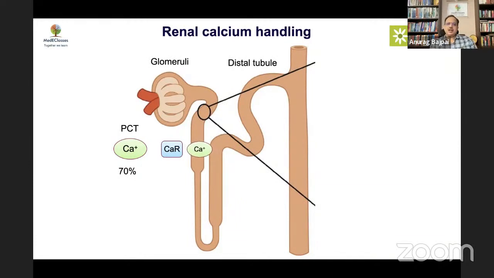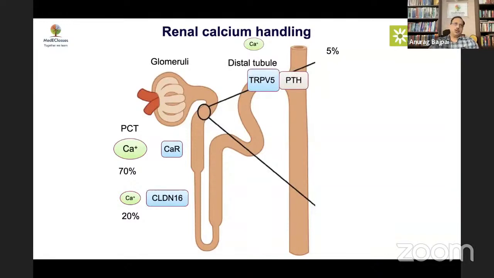Now, of the remaining 30% calcium which is left, a significant chunk is absorbed at the level of claudin 1, in the descending loop of Henle, and claudin defects, as we have discussed earlier, are known to cause hypomagnesemia. It's only the 10% calcium which is there in the distal tubule, around 50% of which is absorbed, that is regulated via the PTH. So the PTH effect, as far as calcium absorption is concerned, is not significant. But this 5% is very important, because in somebody who has hypoparathyroidism, PTH cannot conserve calcium.